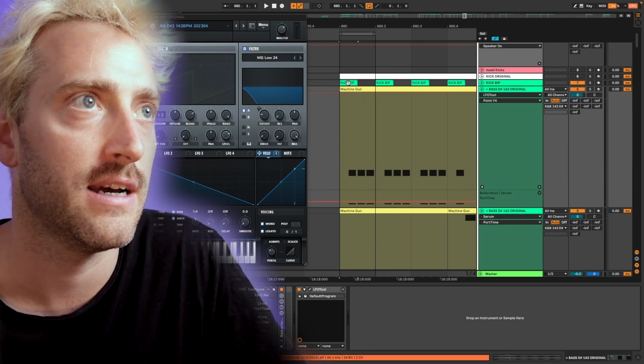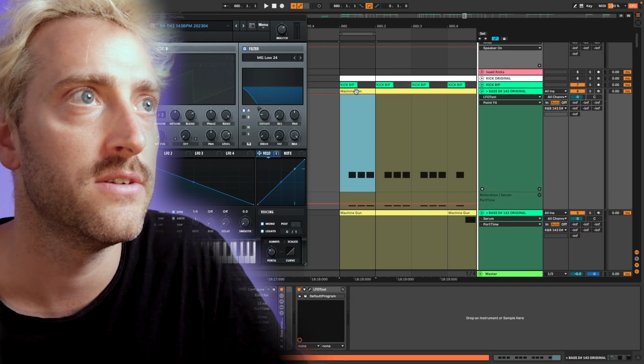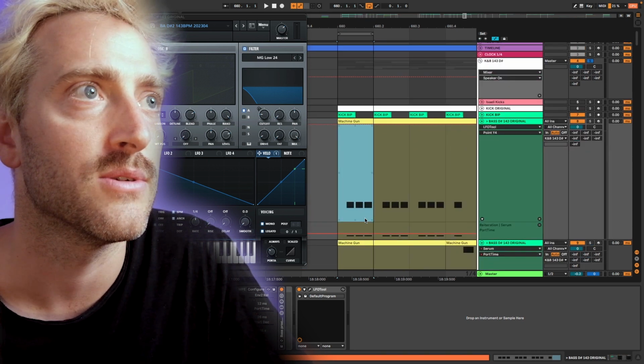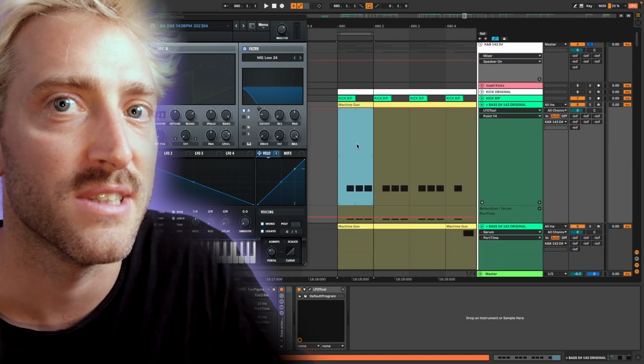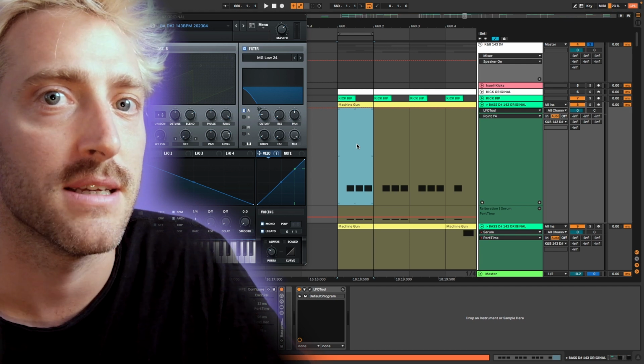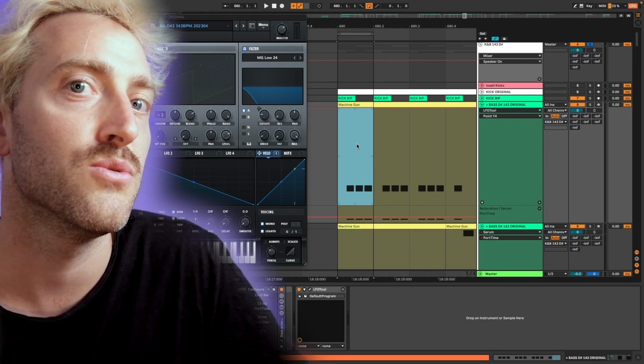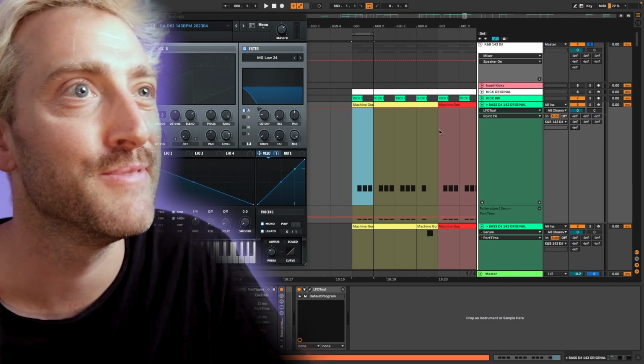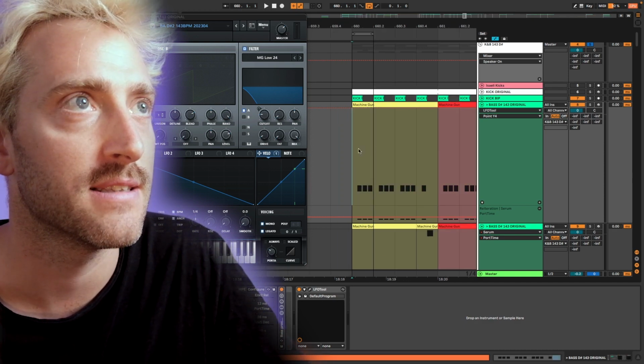Once we have that, I have a kick here and I have a bass line here, and usually I also bounce my bass lines to audio like this here. So that's something you will need to do in the end with your bassline and the glide bass as well, just to mention it, or you can do it and it will usually improve your bassline. Anyways, once we have this bassline and the kick,